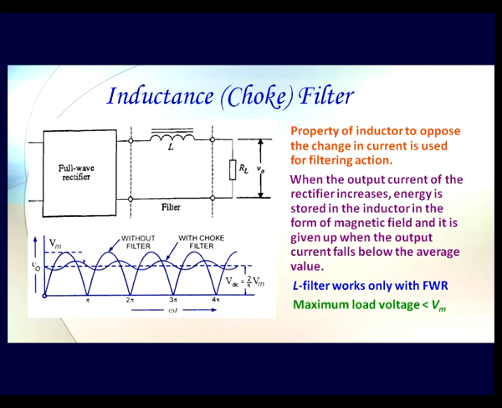And in this case, since the inductor always has the property of opposing any change in the current flowing through it, the output that reaches the load resistance is not as high as happens in the case of the capacitance filter, because the capacitor was charging there up to the Vm value. So you always get an output voltage equal to Vm when the capacitor is fully charged, and then it slowly comes down. But in the case of an inductor, at no point of time will it allow that entire Vm to pass through to your RL, and so the maximum load voltage will always be less than Vm.